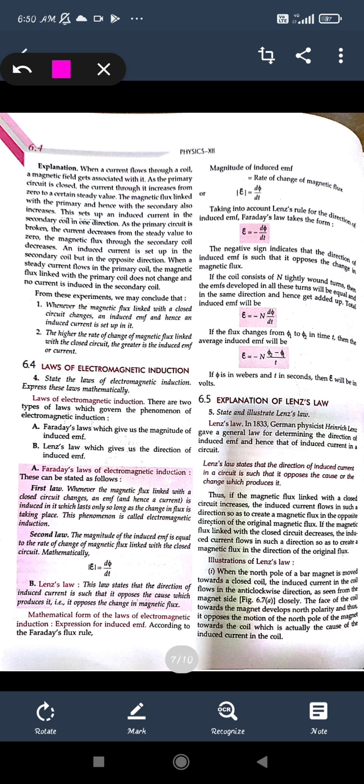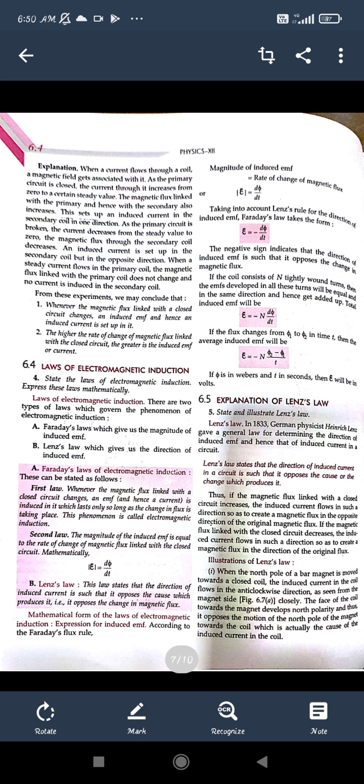So here also Faraday's law will be used, and electromagnetic induction will be the principle for the AC generator. This is how the induced EMF can be seen. The induced EMF will depend on phi, that is the magnetic flux, and this magnetic flux will change with the magnetic field B. If we change B, the magnetic flux will change.